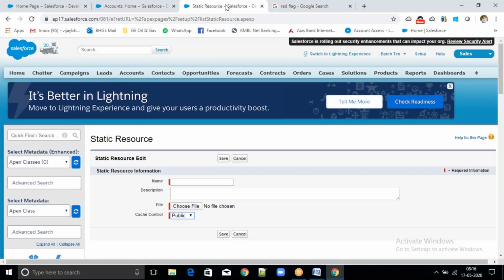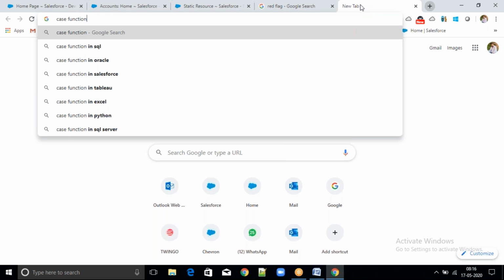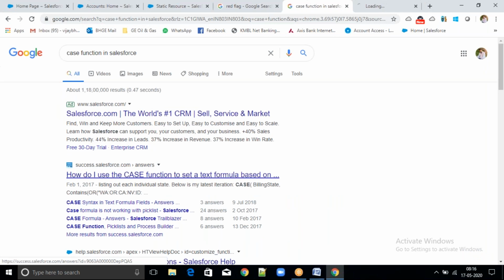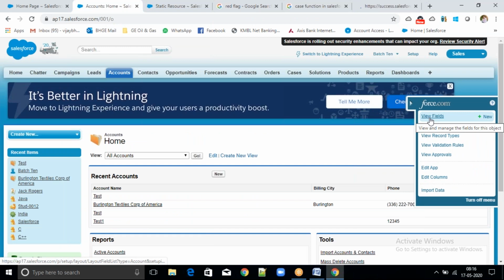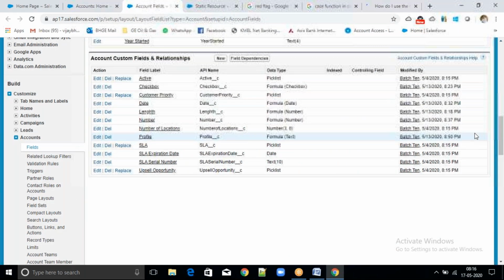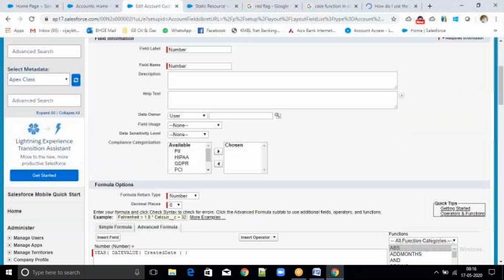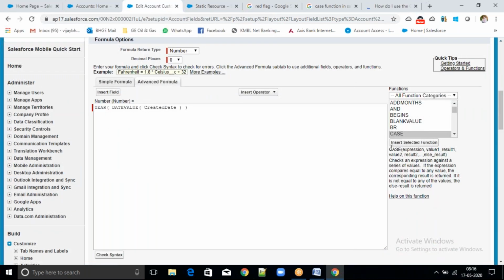And one more. In the formula fields, we have the case function. Here we have the case function. See, here case. I will copy this one.